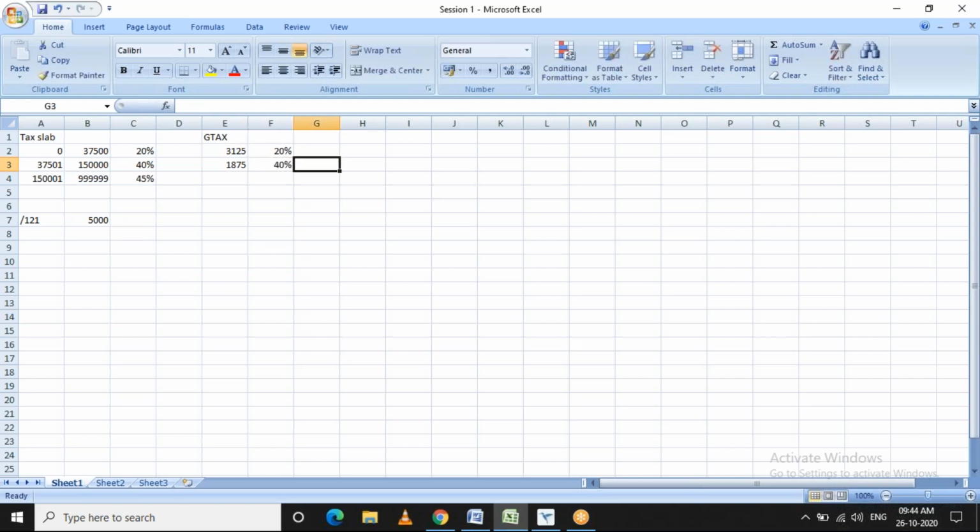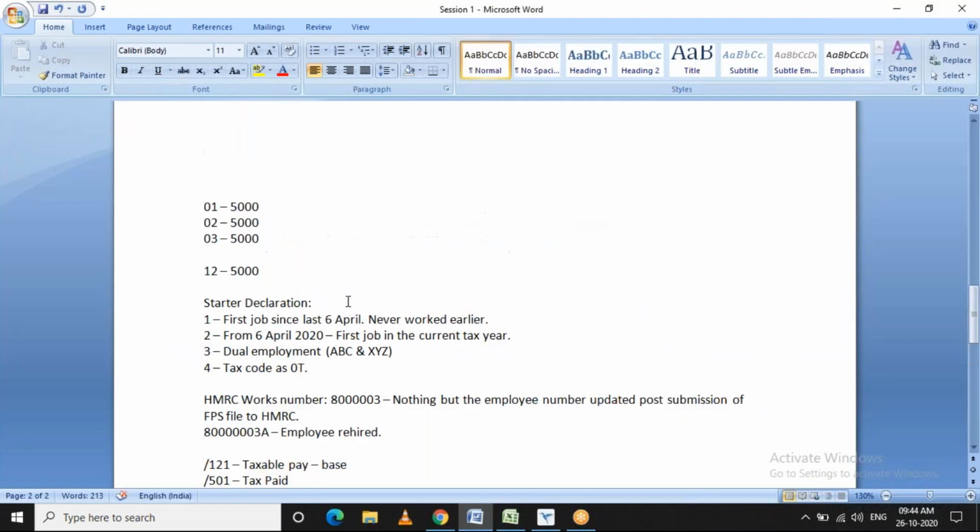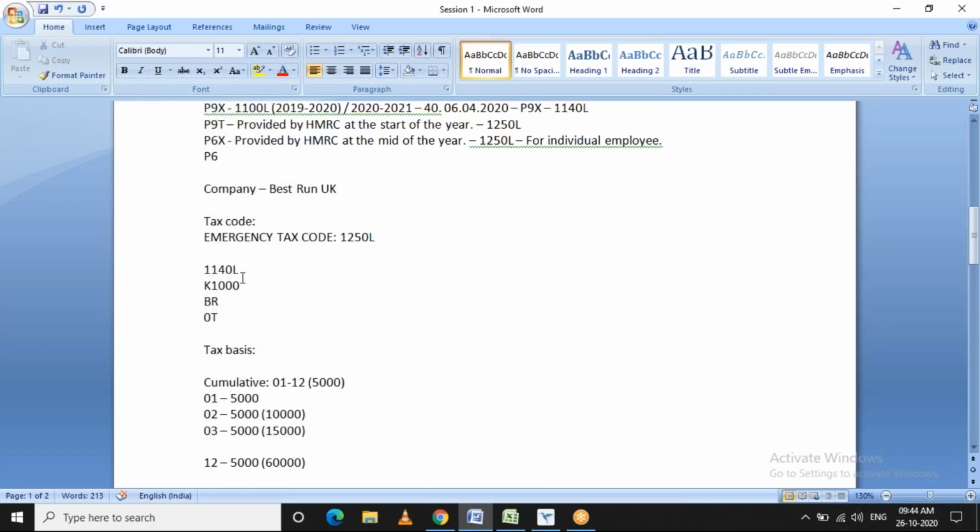So the total tax to be paid for that particular period will be, before going into this, we have the tax code, right? Let's say the employee's tax code is 1250L, which is the emergency tax code.